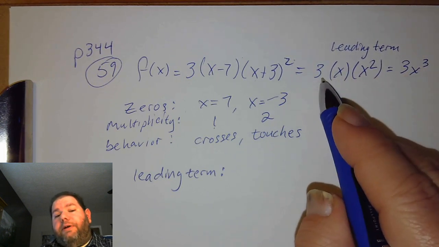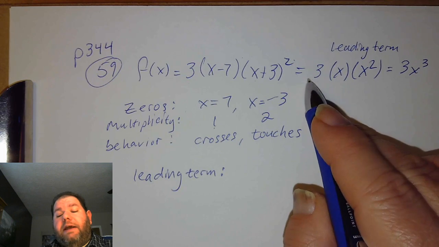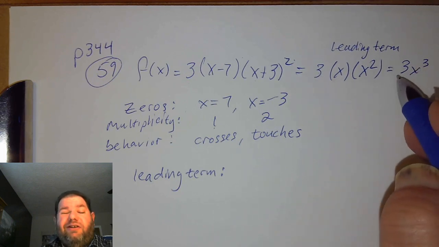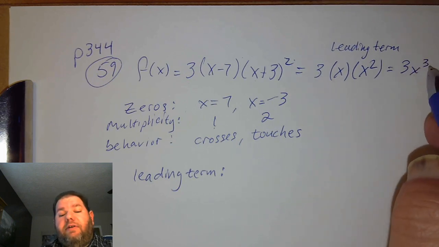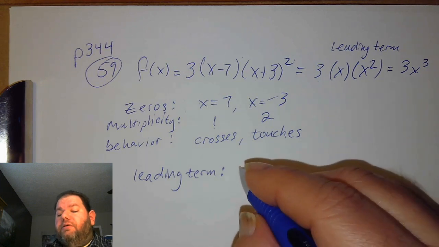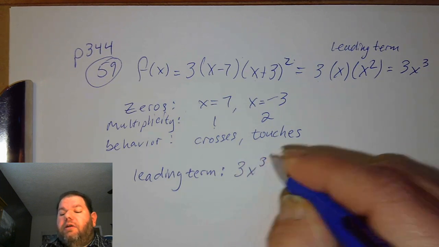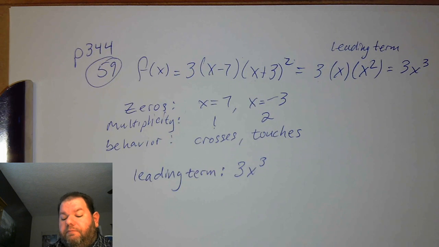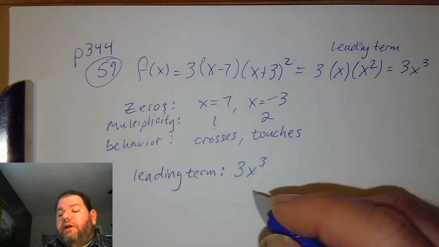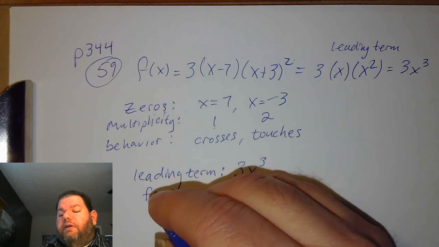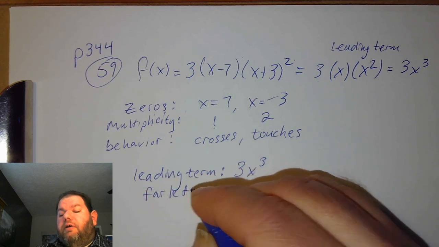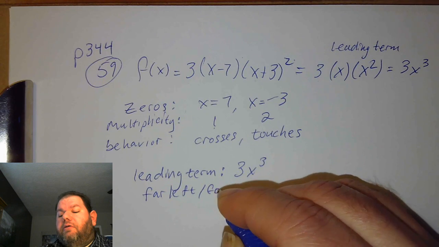We want to make sure we include the coefficient, because if that's negative specifically, we need to know, because that does affect the outcome here. Positive 3 doesn't make a big difference, though. So our leading term is 3x cubed, and so the far left, far right behavior